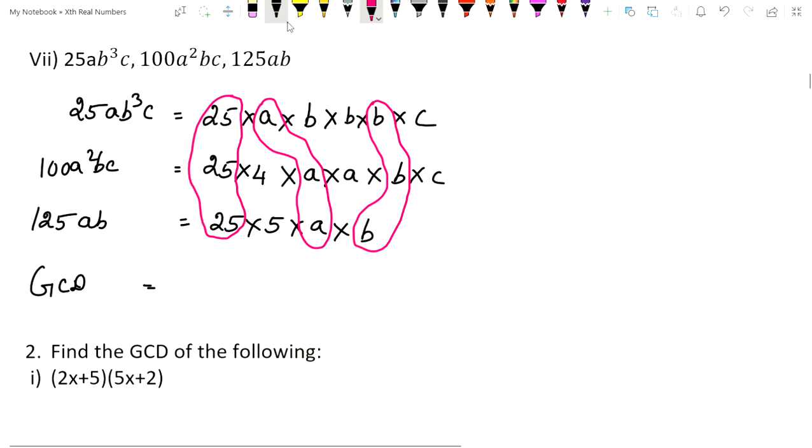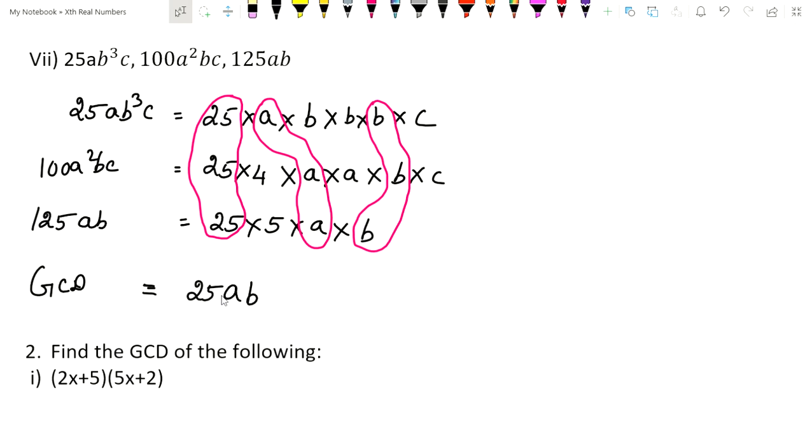Okay, write this: 25ab. Because here c is not there, that element should occur in all the terms. That is the GCD you want to take. Here 25 occurs in all the terms, a occurs in all the terms, b occurs in all the terms, but c occurs in only 2 terms. It does not occur in the third term, so we didn't take it up. So what is the GCD? 25ab. Is it clear, children?